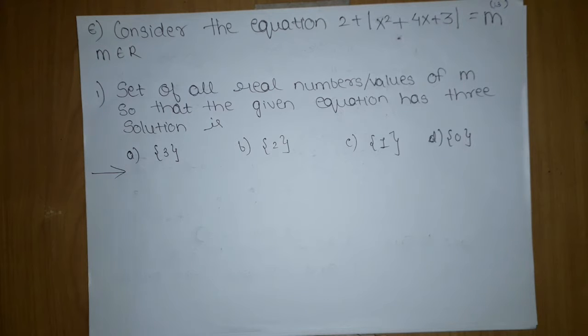Hello guys, so we have done comprehension questions and we are on the third or fourth comprehension and soon we will finish this chapter. So this is the fourth comprehension, I guess. These types of questions are asked in JEE Advanced. And if these questions appear, there can be two correct or three correct.